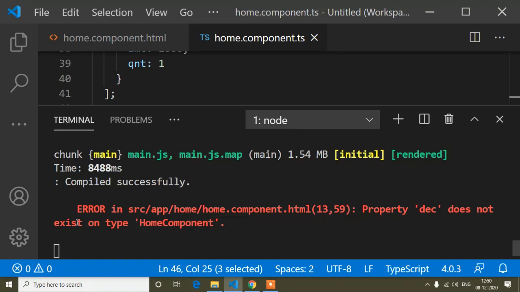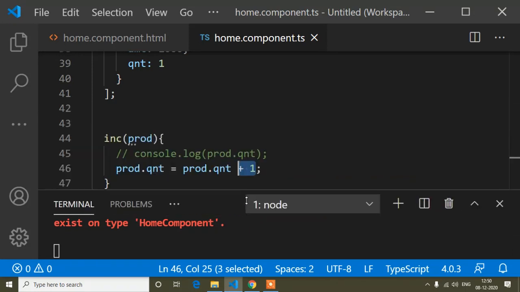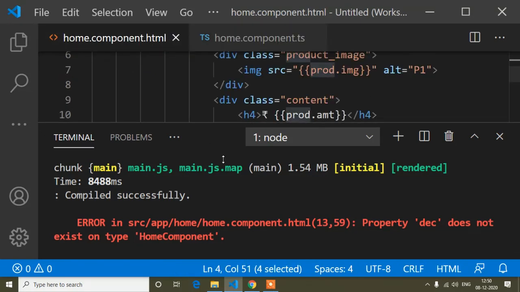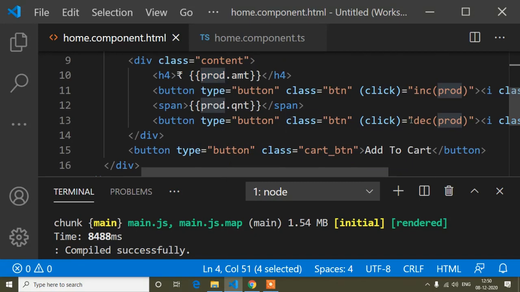The decrease does not exist on type home component. This error is showing guys, because I have written a decrease function but I did not define it in the TS file.